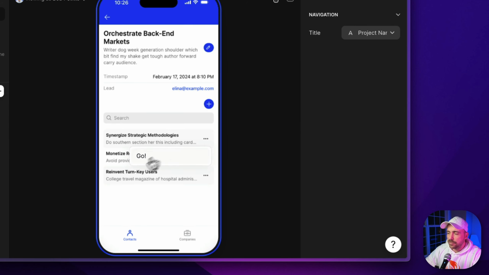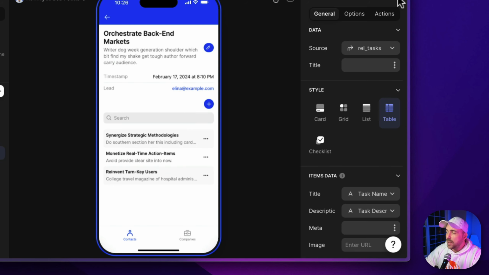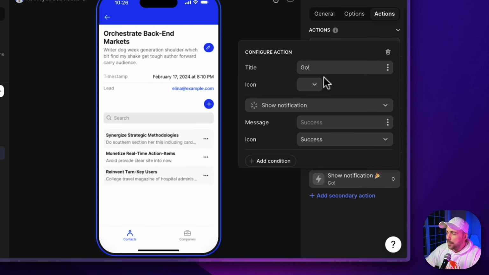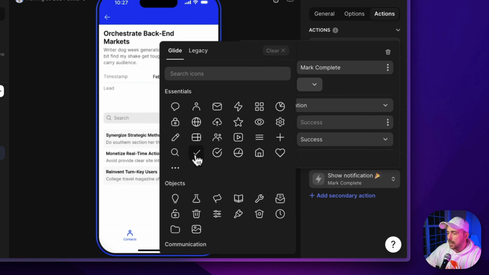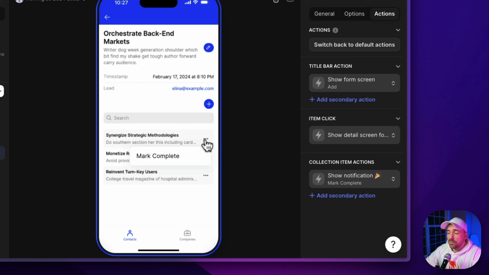I'm going to hide it behind a triple dots. It's fine. Okay, so my action here, I'm going to give it a title of mark complete. I'm going to give it a check icon. So now we have to determine what the action is. Now, if when I mark something complete, I want it to send a notification and record the timestamp, that means